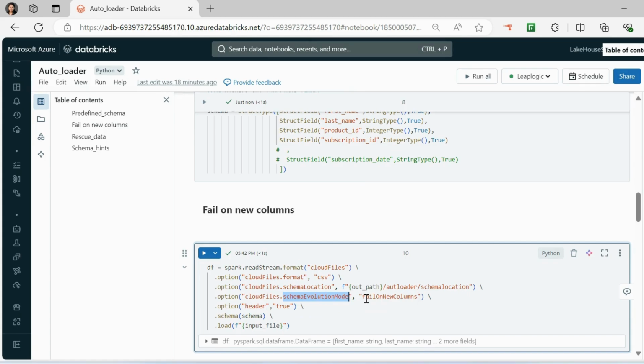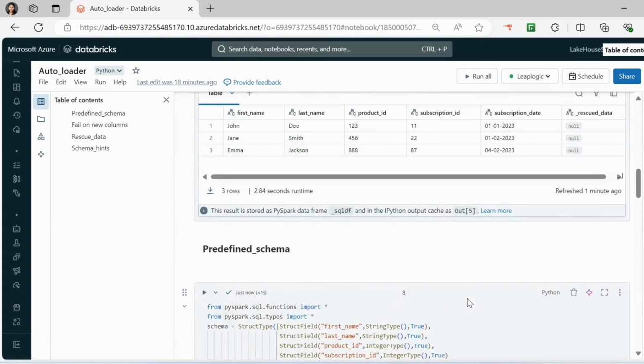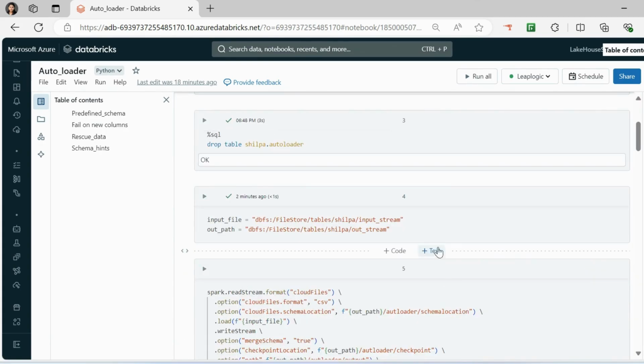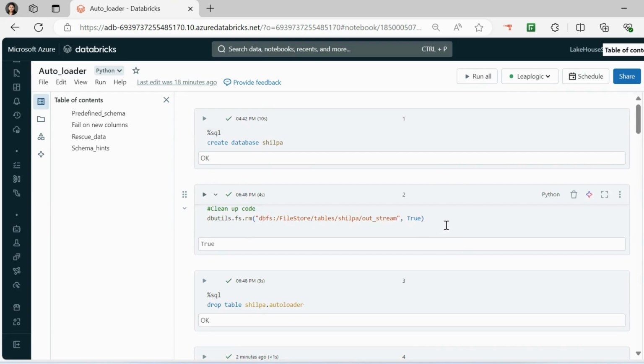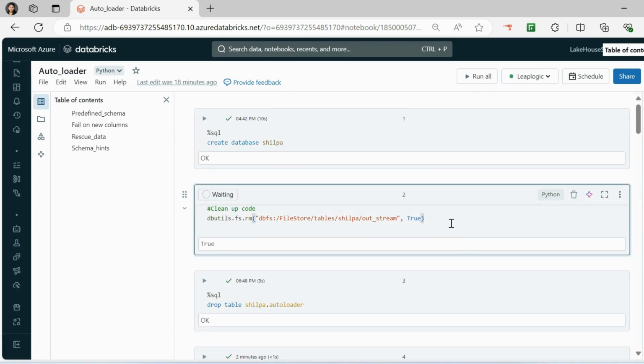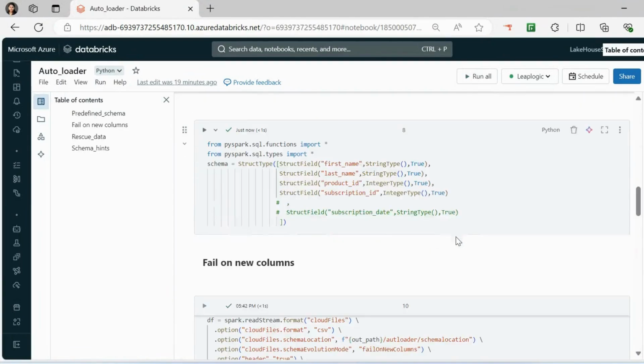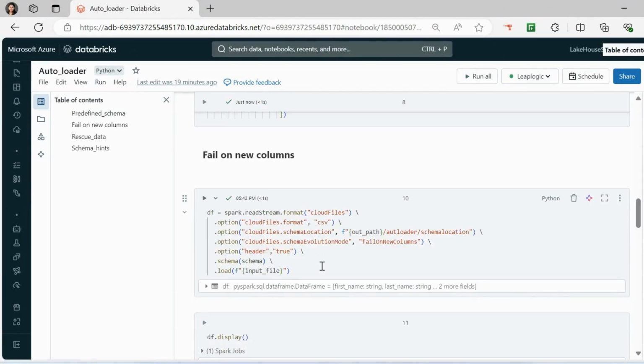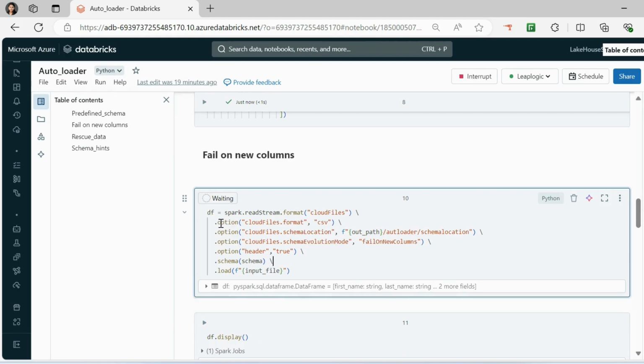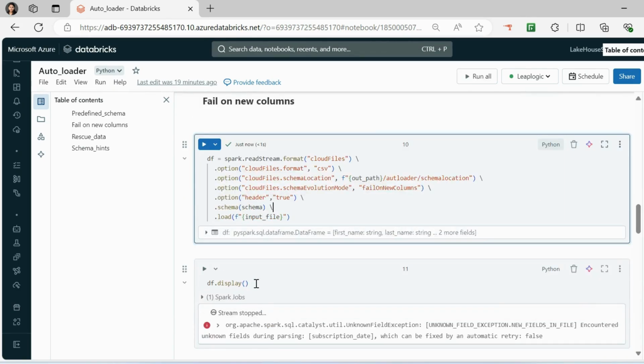So in this, I am showing you how exactly it will terminate and not execute because the schema is not matching. Let me first remove the output that we have so that I can clean it up, and let me rerun this. This is my data frame that I created. Now I will be displaying this.